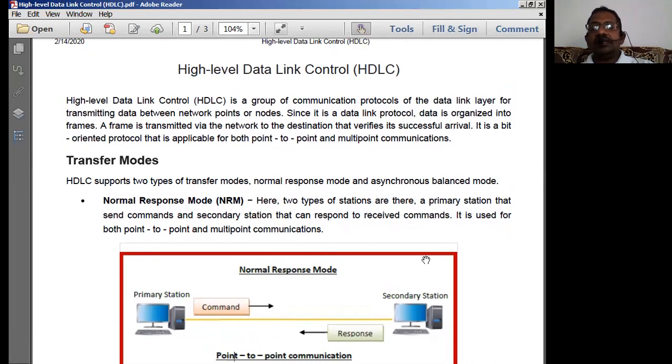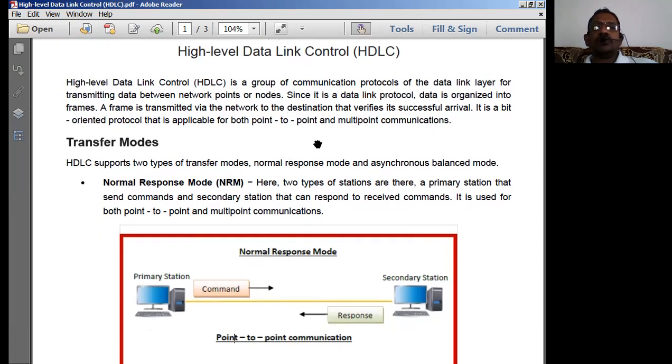So HDLC is a protocol used in the data link layer to provide end-to-end communication. HDLC is a high-level data link control protocol, a group of communication protocols of the data link layer for transmitting data between network points or nodes.